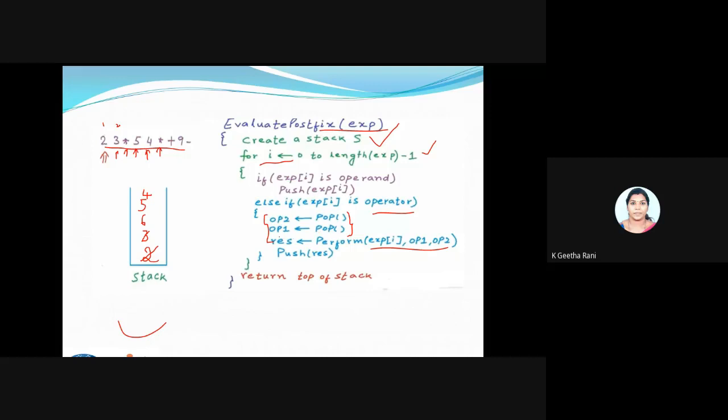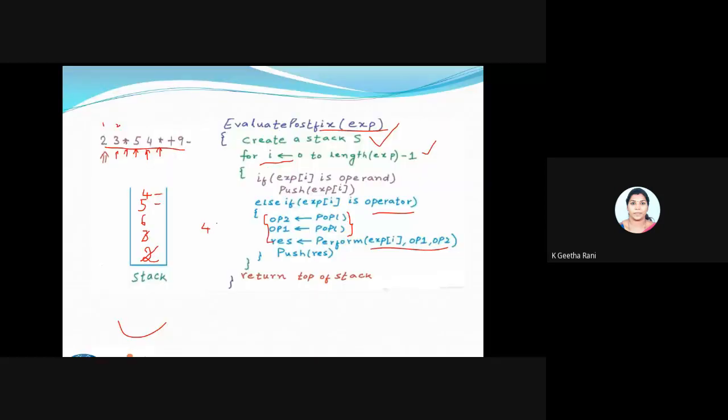Since I found an operator, pop operand 2 and operand 1. Here this will be operand 2 and this will be operand 1. So 4 into 5, I'll have an answer 20. So push the result back to the stack. So this will be replaced by 20.